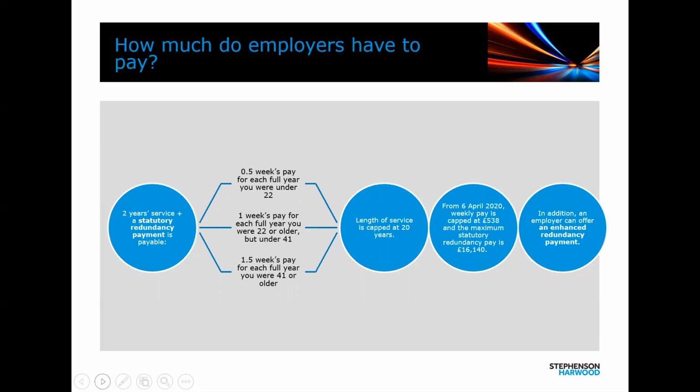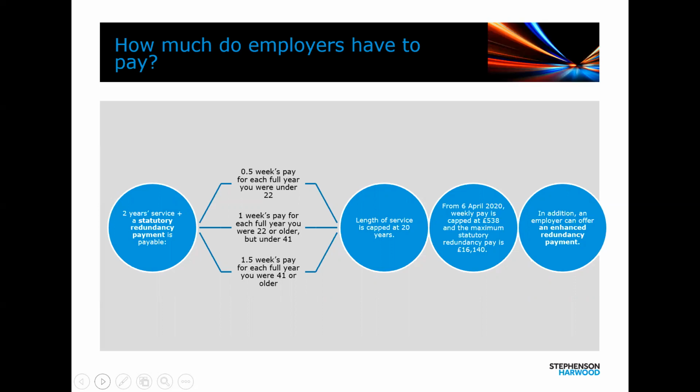Then when we get to the redundancy payments, you obviously have to pay a statutory redundancy payment, but only if the individual has 2 years' service. If they have less than 2 years' service, there is no statutory right to a statutory redundancy payment. And on the slide, we've set out what the formula is. It's dependent on length of service, a week's pay, which is determined each April by the government, currently at £538 per week. And then there's an age multiplier, depending on your length of service and your age. That is the multiplier that is applied to the formula.